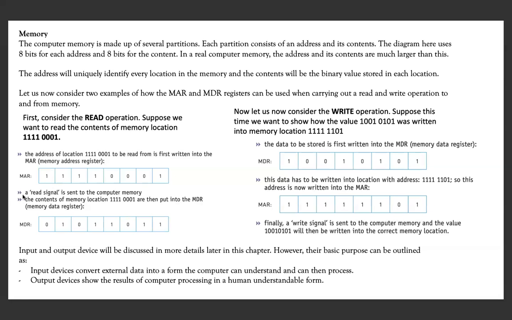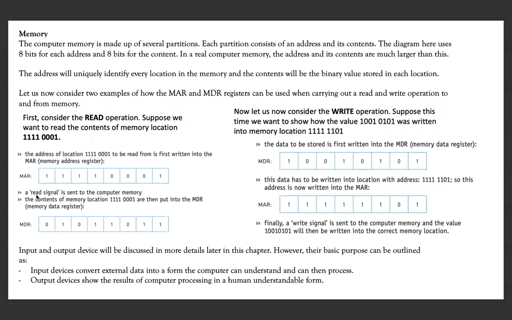Now, where does the read signal come from? This is sent out by my control unit, because reading is an operation, it's an instruction, and it is handled by control signals. So if a read operation is carried out, the control unit must have sent a read signal over the control bus. And since the same memory we're talking about right now is also connected to the control bus, it will receive the control signal as well.